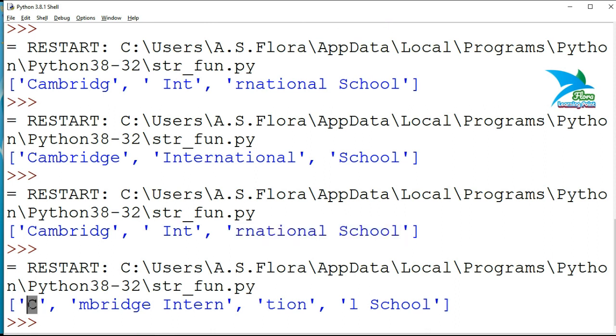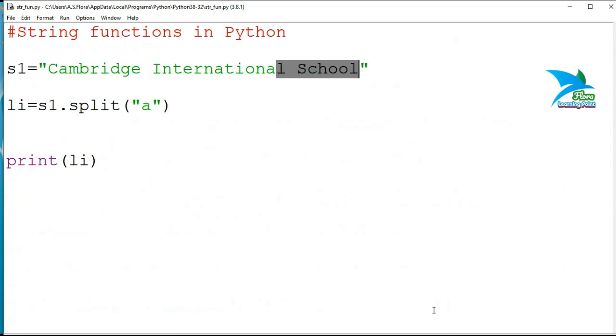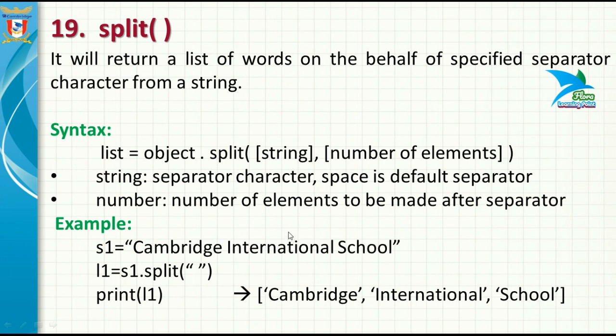So save it and run it. Now you can see that this one is the 0 index position element, 1 index position element, second index position element, and third index position element. So with the help of this split function, we are able to convert, or you can say split, the value of a string into a list of elements.